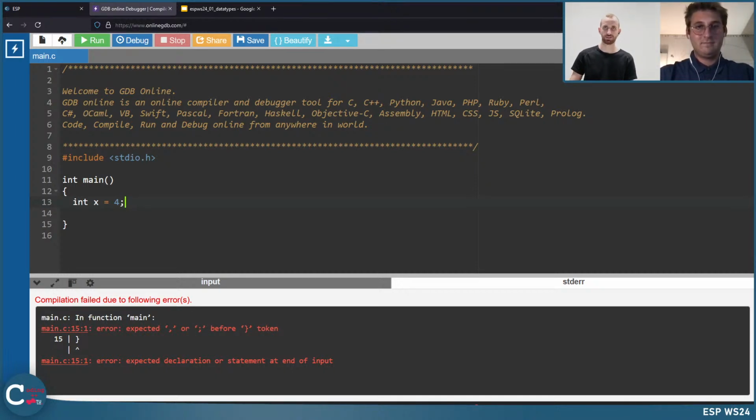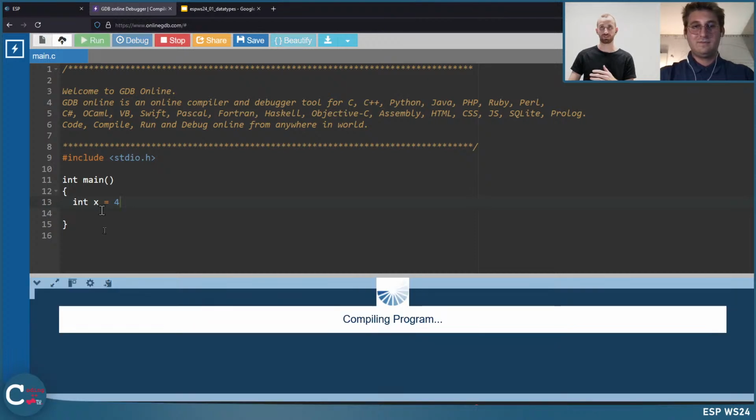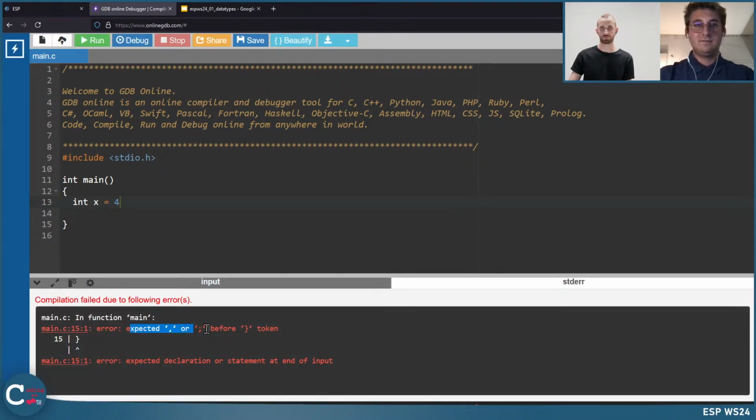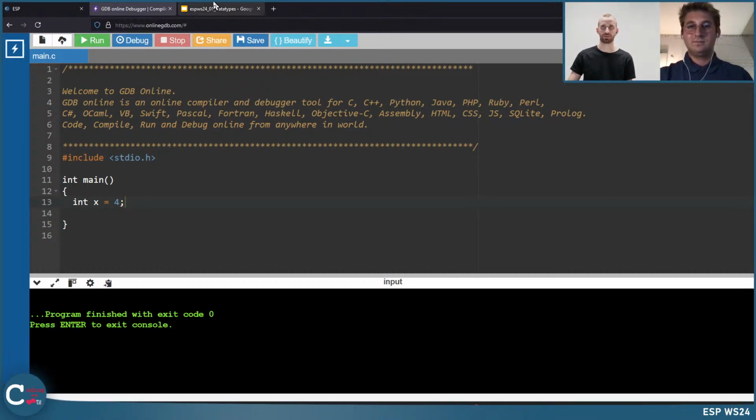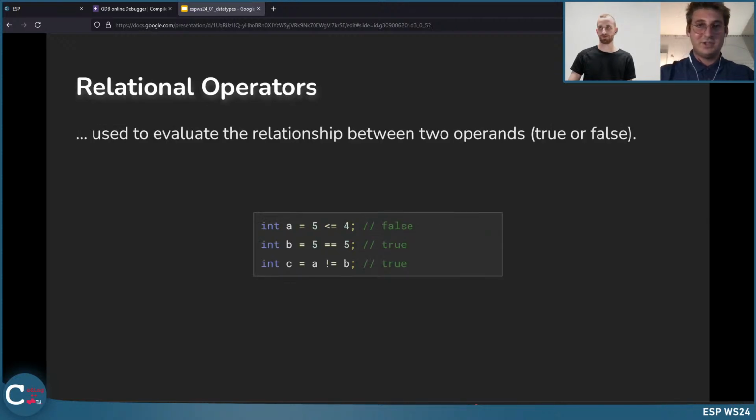So when we write it like this, it then works. It prints nothing because we don't have anything printed out, but it at least compiled successfully. So when you have this error message expecting a semicolon, you're missing a semicolon at the end, and then it works. Just a small thing, but it's very important.